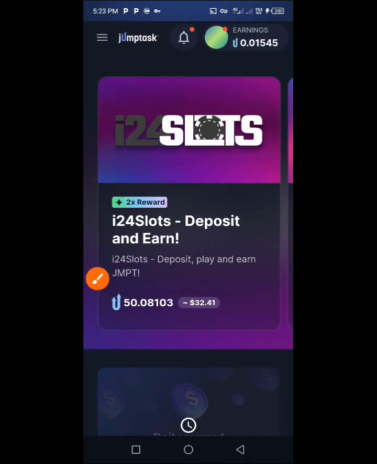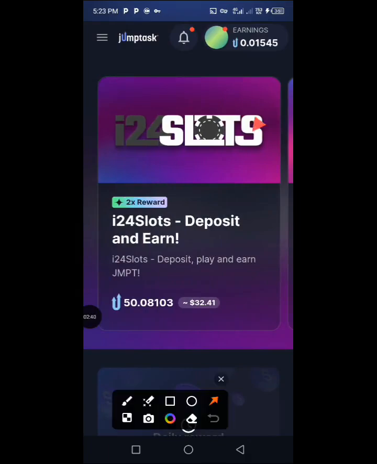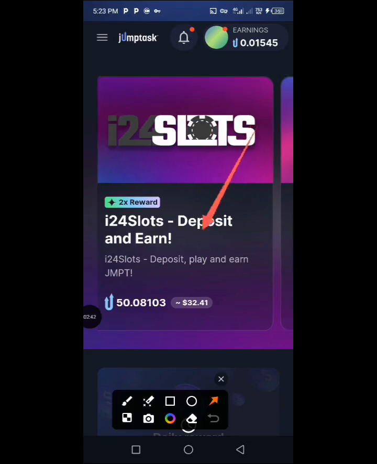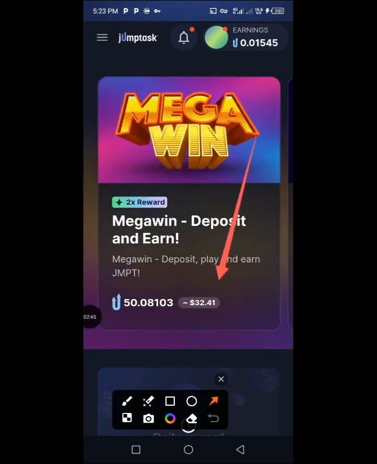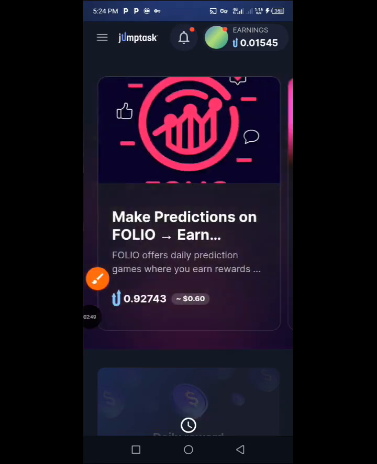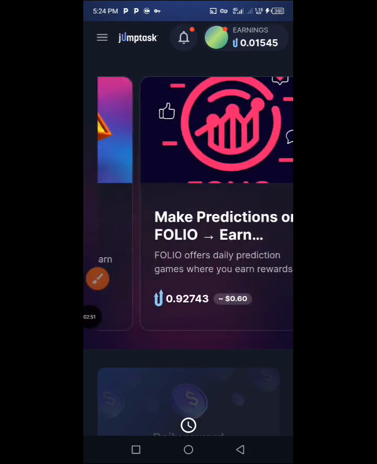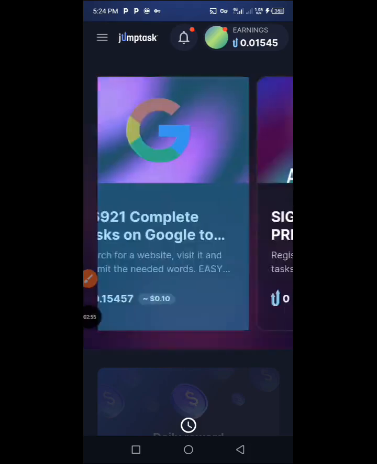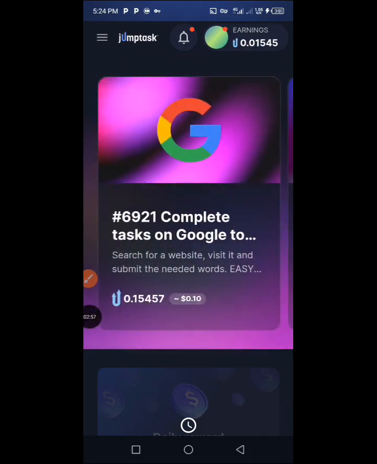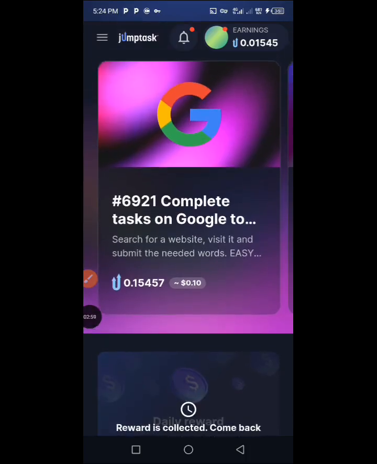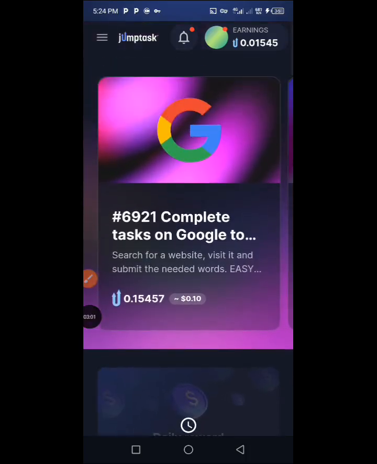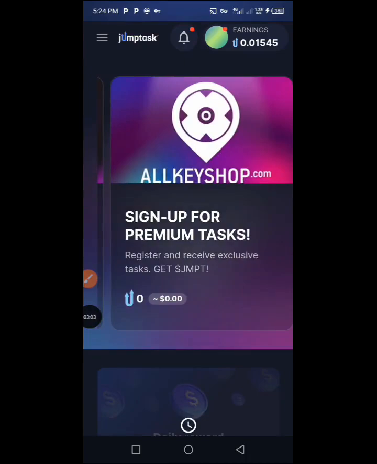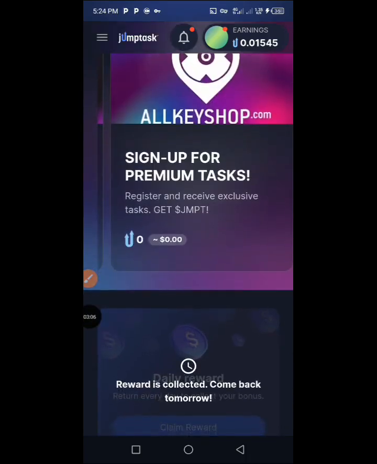For example, if you perform these tasks here, you can earn this amount from this app, and you can see that there are a lot of app tasks here to perform. If you can perform all of these tasks, you can be earning consecutively in no time. And the withdrawal is very, very fast, guys. So for now, this is just a basic